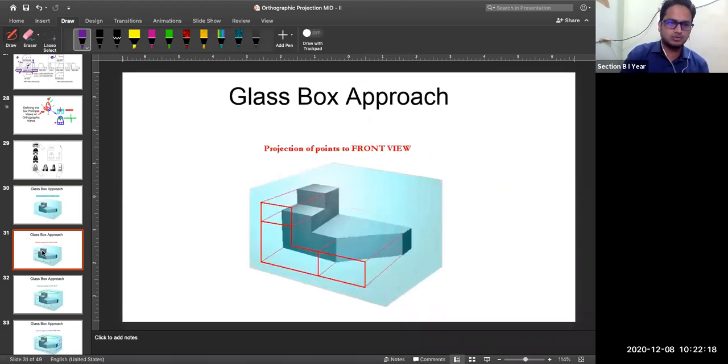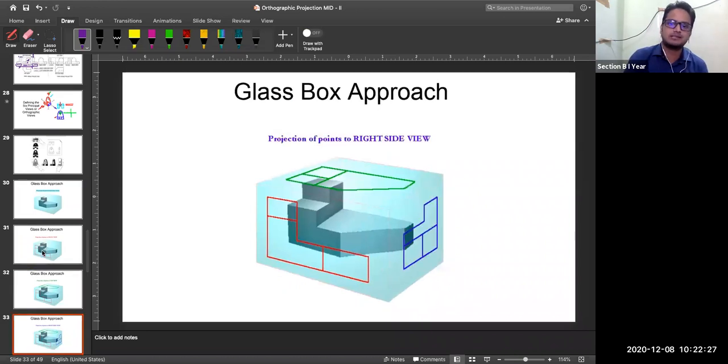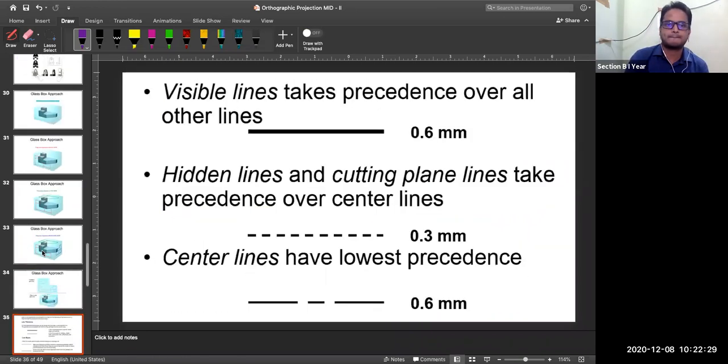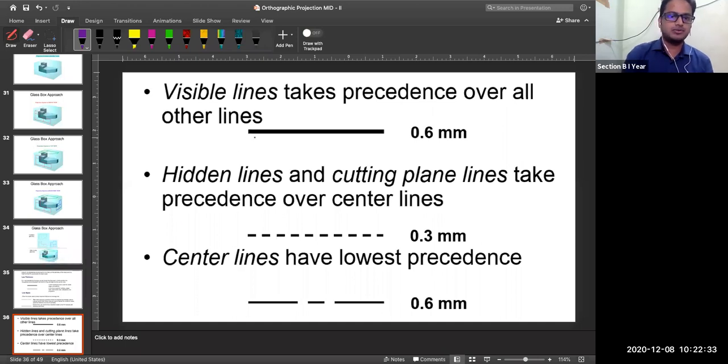That is not so important, since we have already discussed how the projection lines are coming and how they are falling on your plane of projection. We have discussed this already in your plane of projection method. Here I want to show you again how this visible thick line is coming, how these dash lines or hidden lines are coming, how these center lines can be represented.